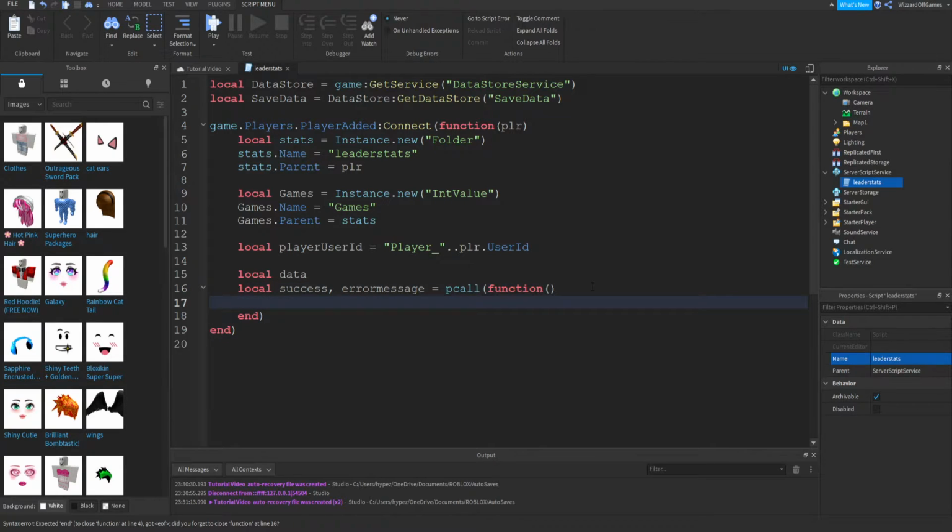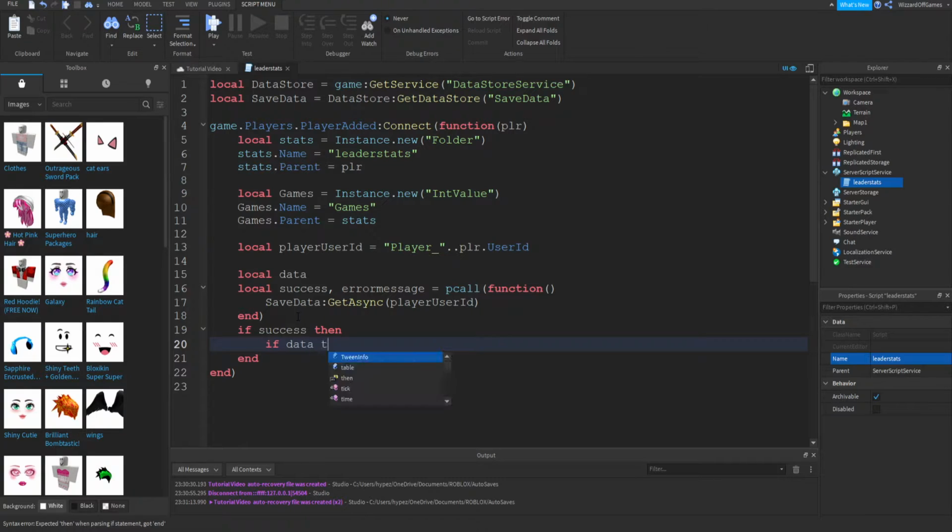And now we're going to do save data, and we're going to do GetAsync, and then player user ID. Then after the end, we're going to do if success, then if data,